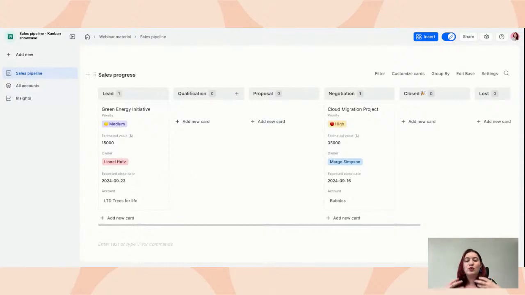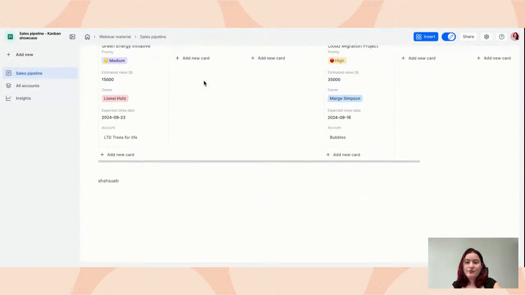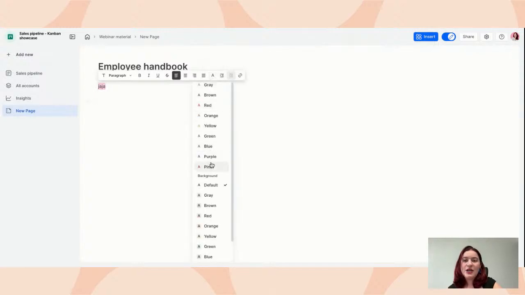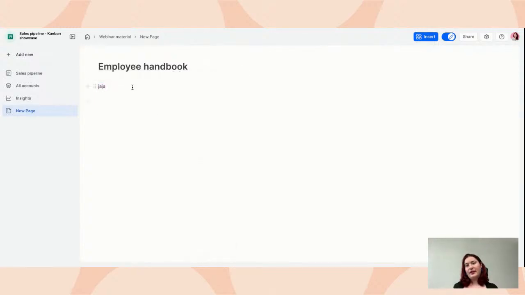And another cool thing about the dashboards is you don't have to use it only for different blocks. You can also write content in there. If you want to plan something, if you want to use it for employee handbook, you can write the content here. You can add different pages. Let's add a different page to have a change of scenery. For example, you can have employee handbook. You can customize how it looks like and customize different data right here. Also change colors, use bullets. So pretty much everything around here. So this pretty much covers all the different data fields that we have and how they can be displayed.